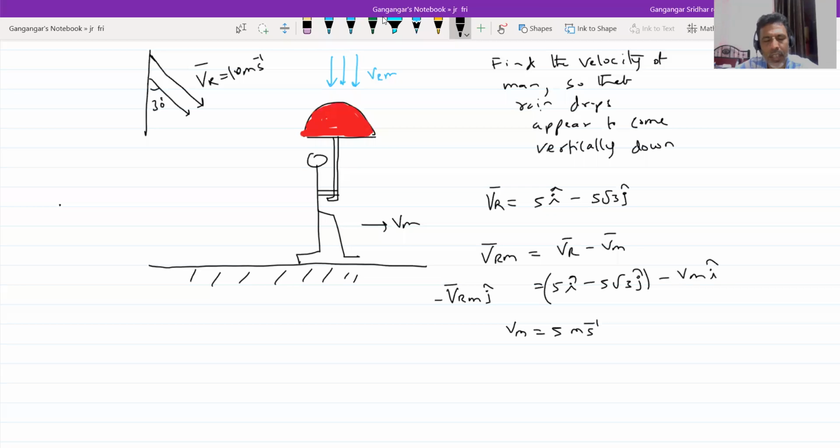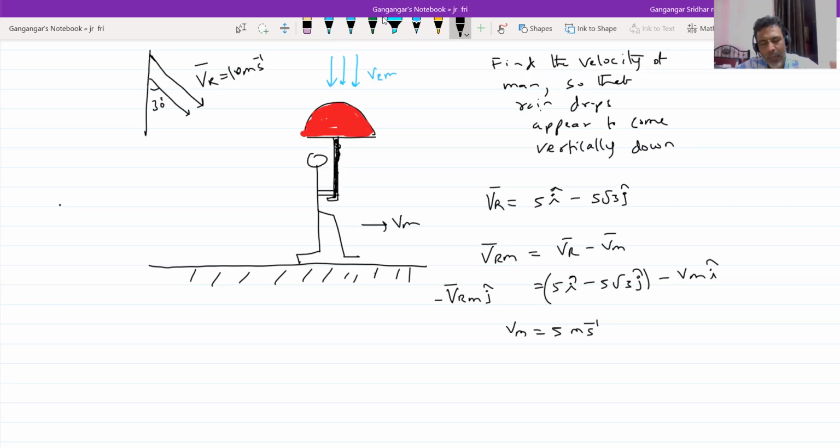If he runs with more than 5 meter per second, he has to hold the umbrella inclined in such a way that the dome of the umbrella lies in the first quadrant. If he runs with a speed less than 5 meter per second, then the umbrella lies in the second quadrant. Able to make it out? I gave all three cases. Please do make observations. I can't discuss all the numericals which are available in all books. That would be the wrong way of teaching. So I should give a generalized method so that you can work out most of the numericals.